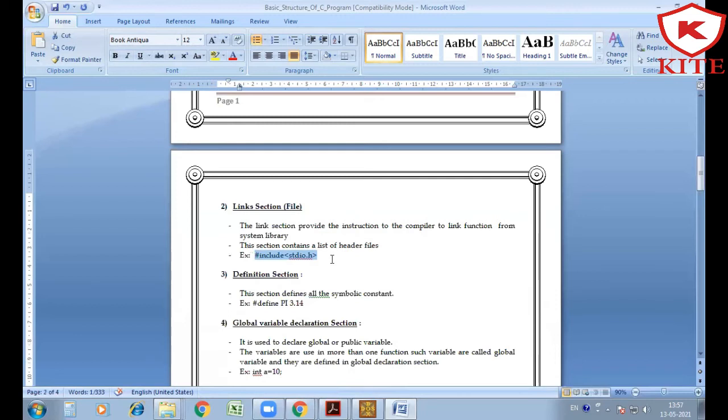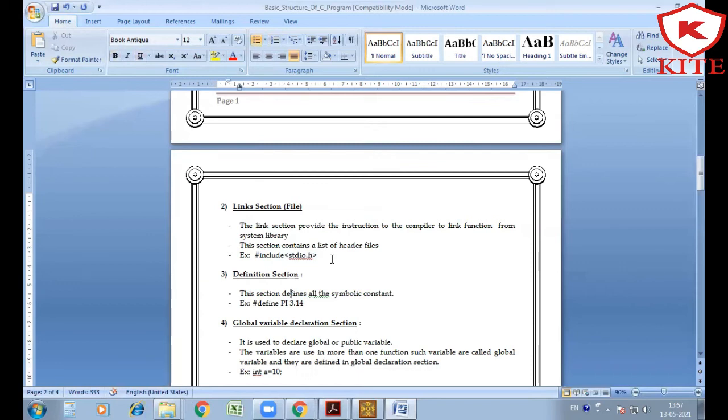Normally, the printf function is used for printing the content, and the scanf function is used to read the value from the user. This section contains the list of header files. An example is stdio.h.